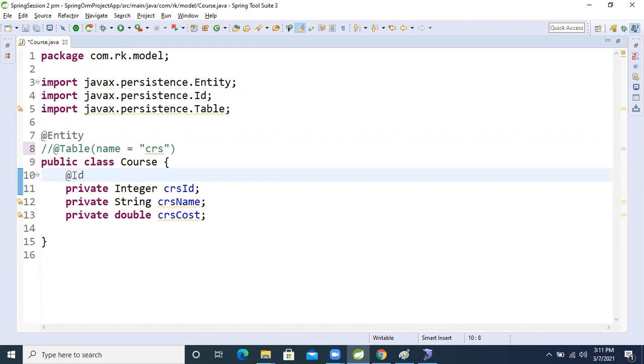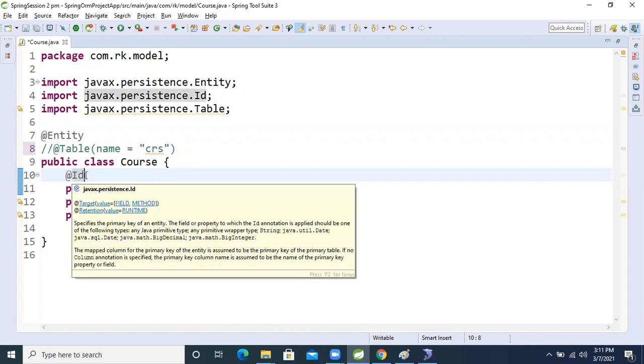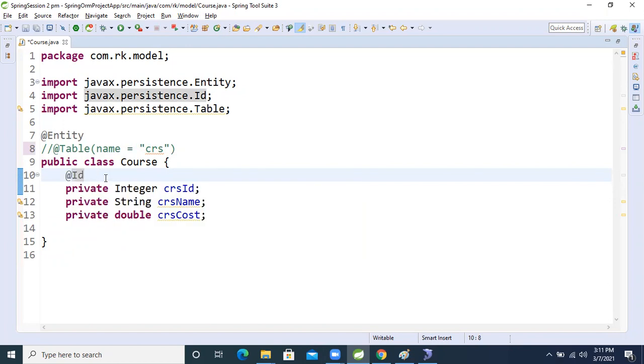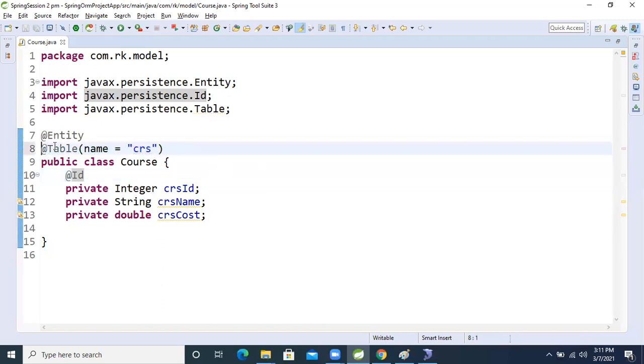Unless you write them, you will get an error. Okay, so don't forget it. These two annotations are mandatory, except that whatever other annotations we are using are not mandatory. Based on the scenario, an annotation becomes mandatory. But these two annotations are permanently mandatory if we are performing Hibernate or Spring ORM operations. Okay, let's move on and we will see that.